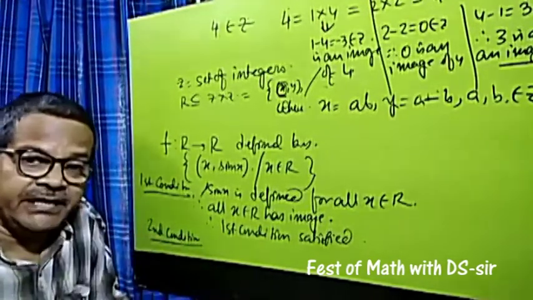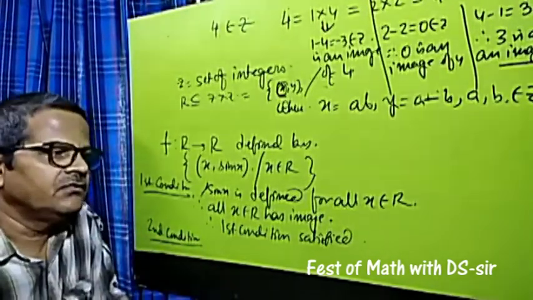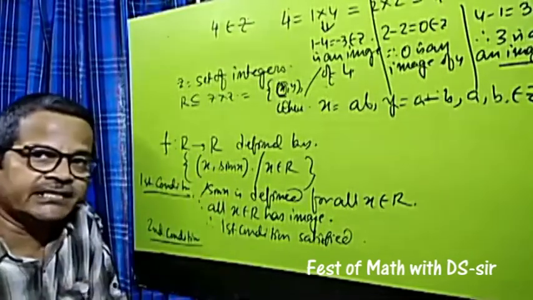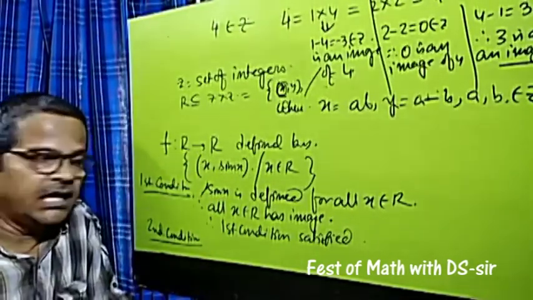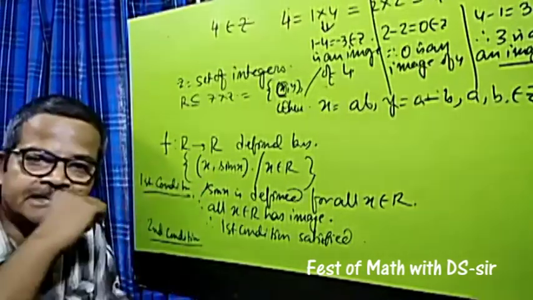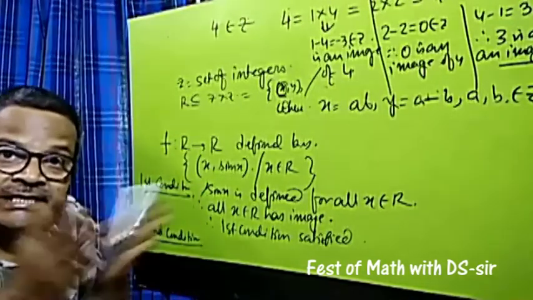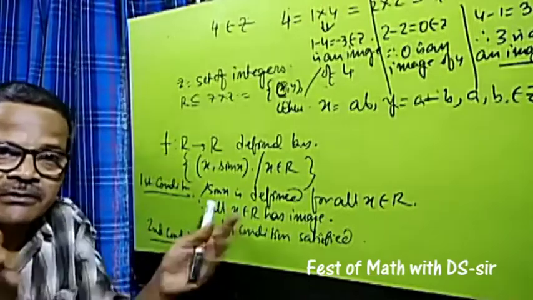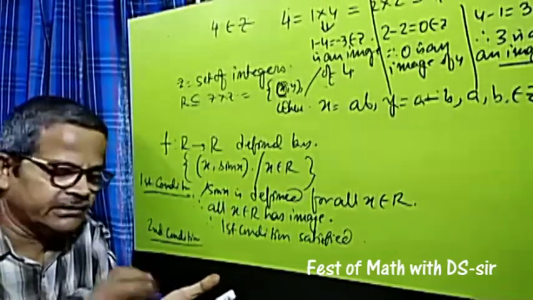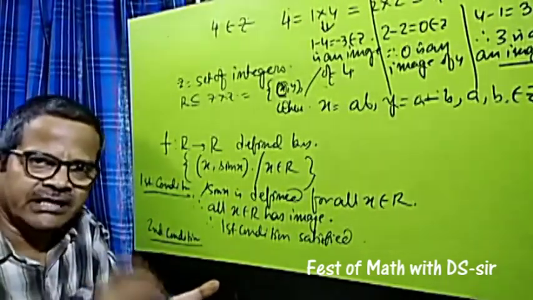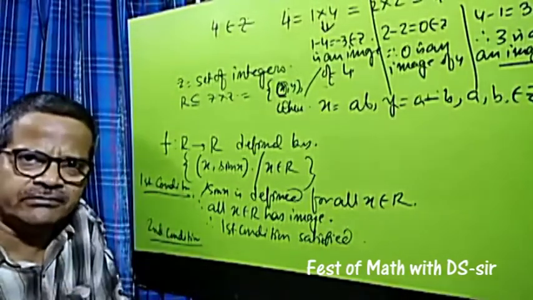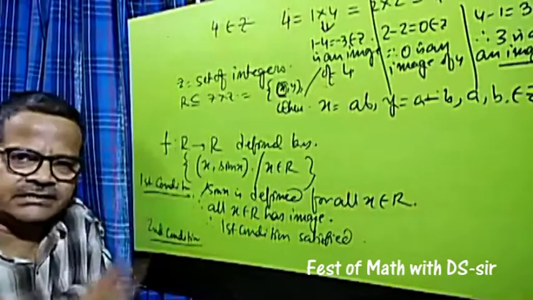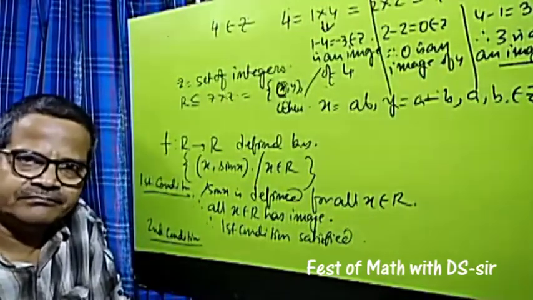Can you tell me any value of x for which sin x has multiple values? I have to substitute the value of x and sin x will give you multiple values. In your calculator, you will type sin of x, and the calculator will give one value. At least two values are enough to prove that this is not a mapping.